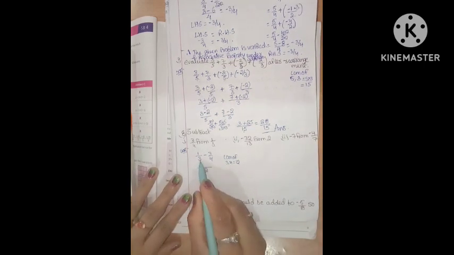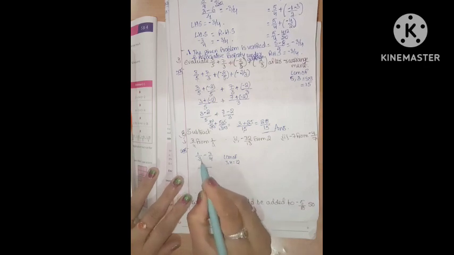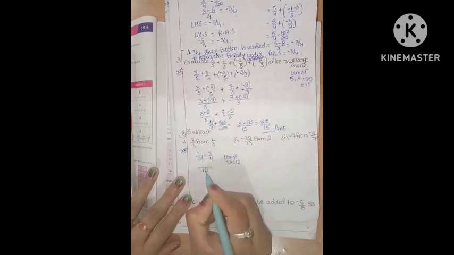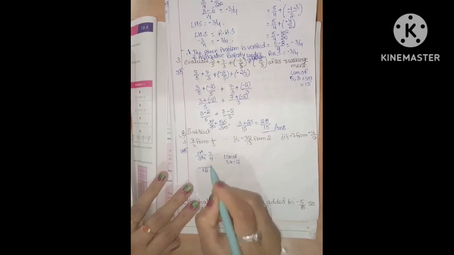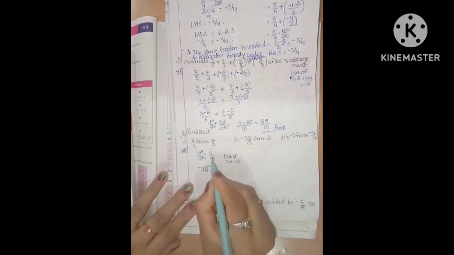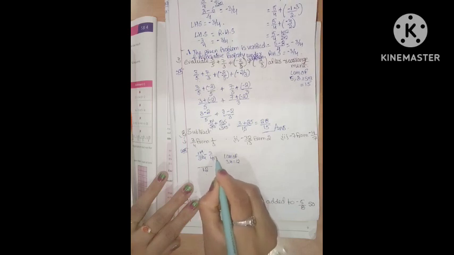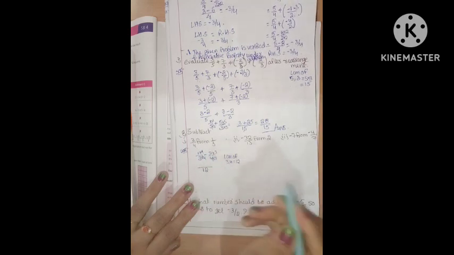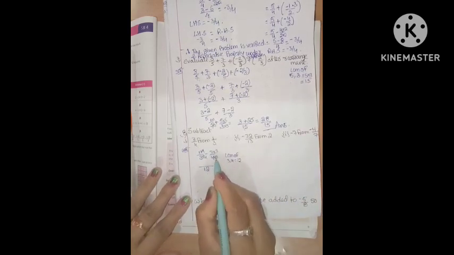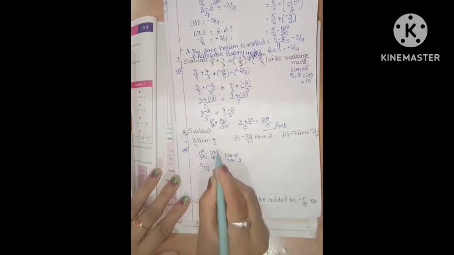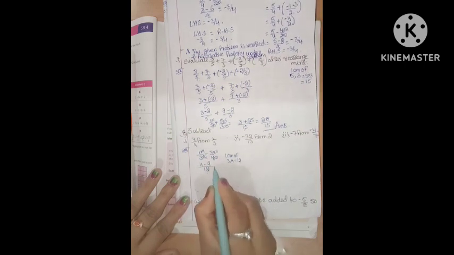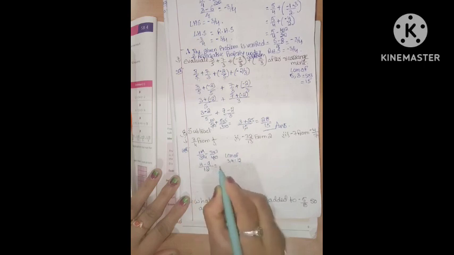First make the denominators equal. Here the denominators are not equal. So 3 is multiplied by which number to get 12? 4. And the numerator is also multiplied by 4. In the second term the denominators are not equal. So 4 is multiplied by which number? 3. And the numerator is also multiplied by 3. So 1 cross 4 is 4. And 3 threes are 9. So 4 minus 9 is minus 5, minus 5 by 12.